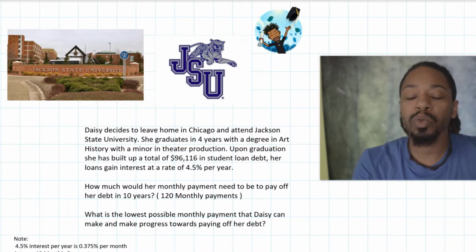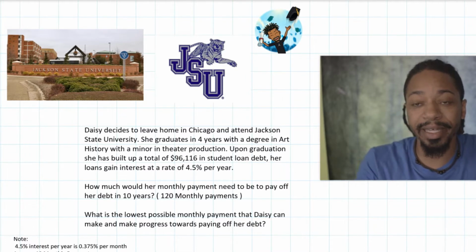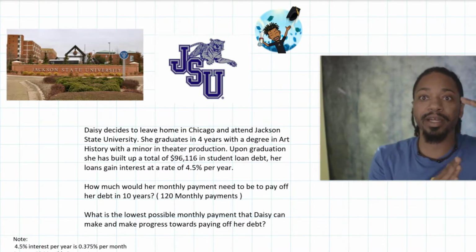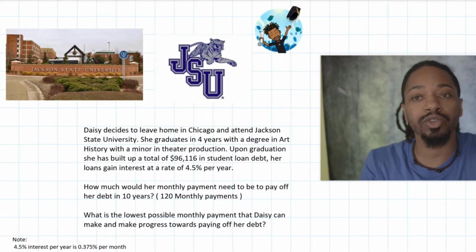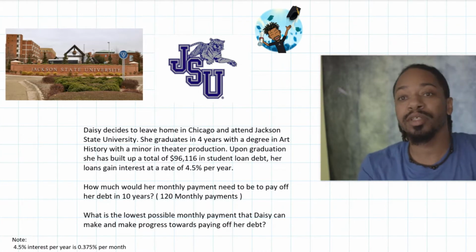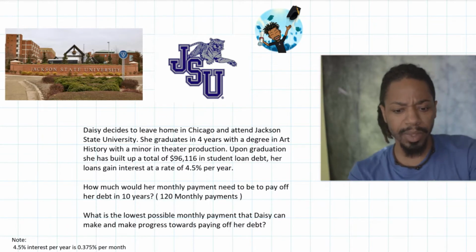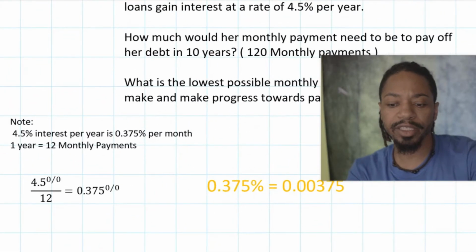And we're also going to deal with what's the minimum payment that Daisy can make and still make progress to making her total amount go down. Because we know that if you don't pay more than the interest, the debt is going to keep going up. So let's note a few things here. We need to know that